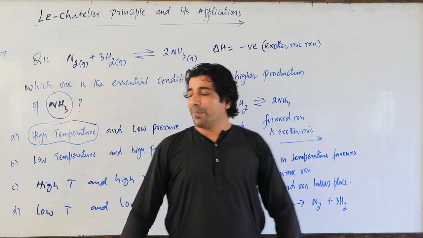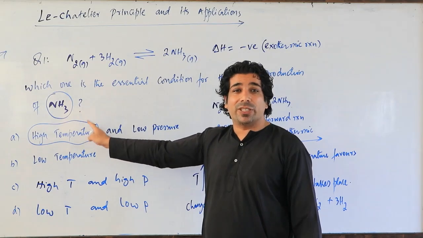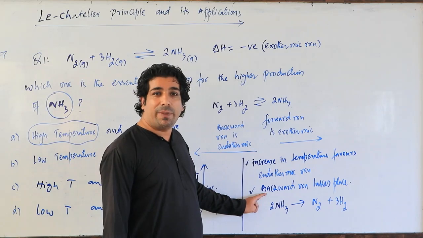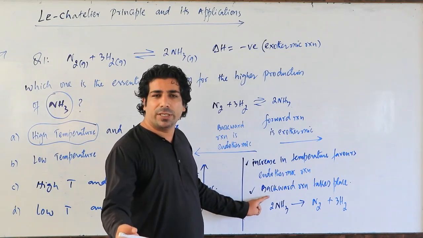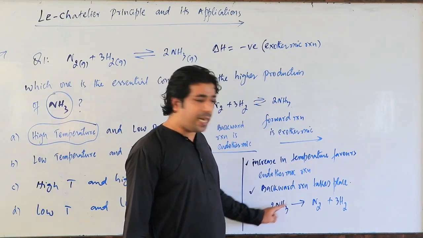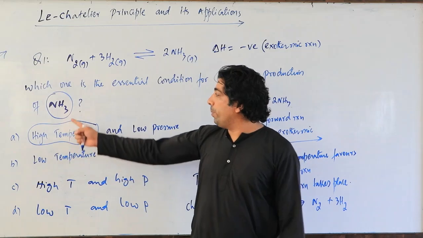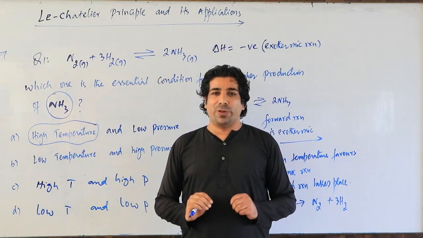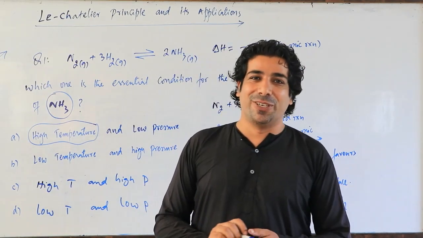So that means the higher temperature cannot be our answer, because higher temperature favors which reaction? Backward reaction. So when backward reaction is favored, what is produced? NH3 is produced or N2 and H2 is produced? N2 and H2 are produced. But what should be produced? NH3. So high temperature is not capable of doing it. Then we can understand that who will do it? The low temperature will do it, my dear friends.